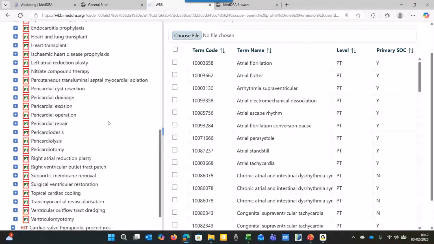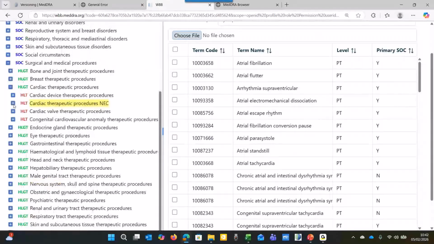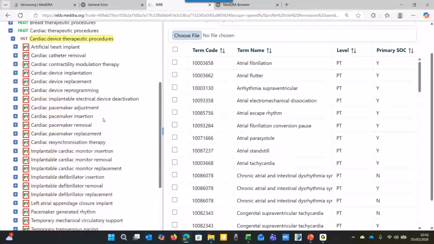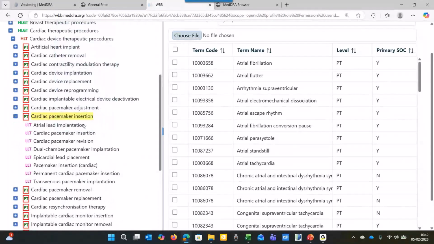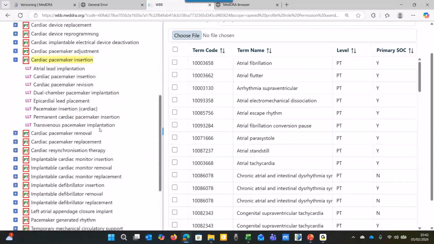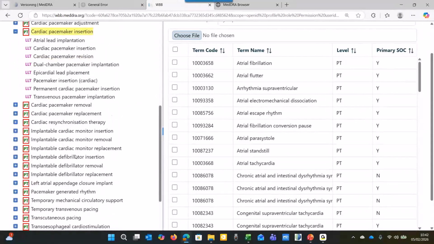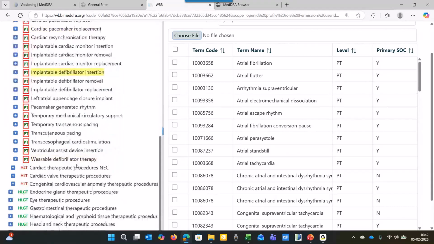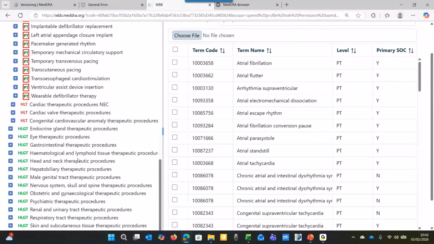We'd go through that carefully. I've added a couple to give you an idea. Might be that a pacemaker is inserted. So cardiac device therapeutic procedures. Cardiac pacemaker insertion, add that. Implantable defibrillator insertion, it might be that. So we'd look at the investigations, the surgical medical procedures, and let's not forget the other SOC, which is non-multiaxial,